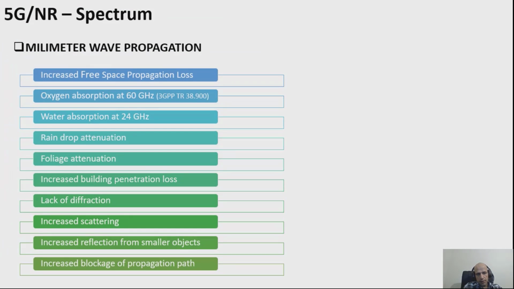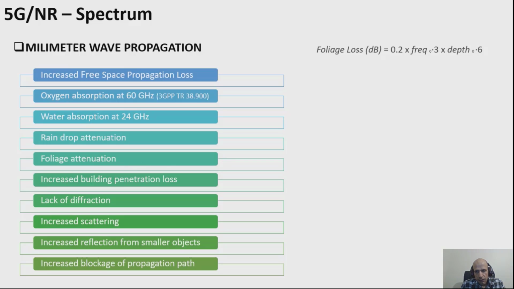But regarding millimeter wave, we need to consider that in these higher operating bands we have some challenges: it will increase the free space propagation loss, oxygen absorption at 60 GHz, and also water absorption at 24 GHz, raindrop attenuation, and foliage attenuation. If I want to talk about foliage attenuation, I should say